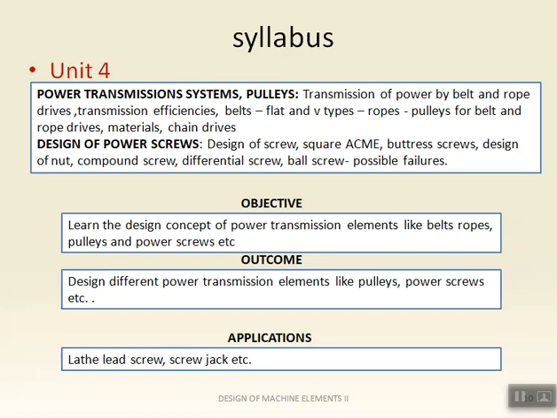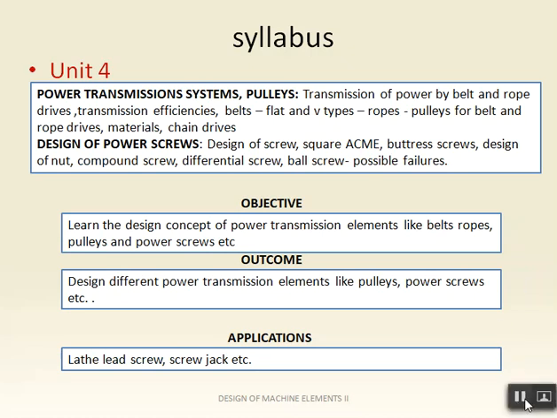See, while you are going on a vehicle, if a tire is punctured, it is very difficult to lift that huge weight using manual effort. So in that case we use a screw jack. By simply turning a mechanism, the so-called lever, you can lift the entire vehicle very easily. So by means of a simple human effort we lift a huge weight, which improves the mechanical advantage. That is a suitable example for a power screw. So we are going to learn the design of power screws for different fields of interest and different fields of applications, right? That is unit number 4.